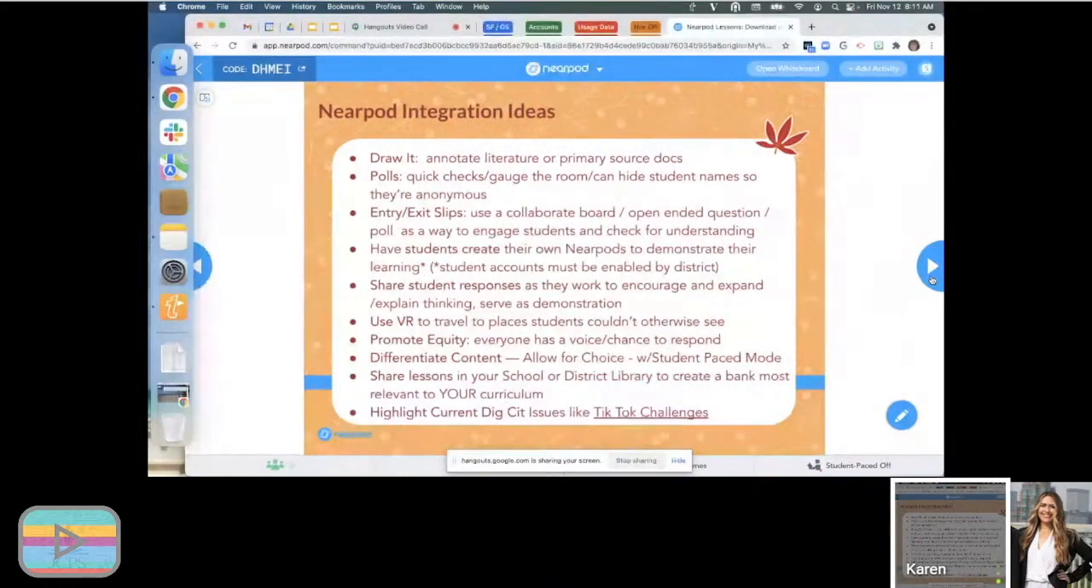It's easy with a Draw It slide, which is something you can quickly convert any slide into, to annotate a piece of literature or a primary source document, do a quick poll, use entry and exit slips, whether it's with a collaborate board, an open-ended question, a way to check for understanding. You can have students create their own Nearpods, which is an excellent way for students to show what they've learned. Share students' responses as they're working. So as you're actually watching students complete their Draw Its, you can share one of those Draw Its and have that student articulate for his classmates his thinking around how he solved a problem,